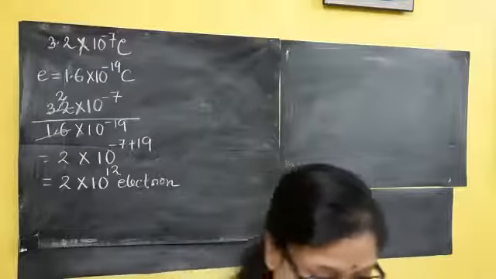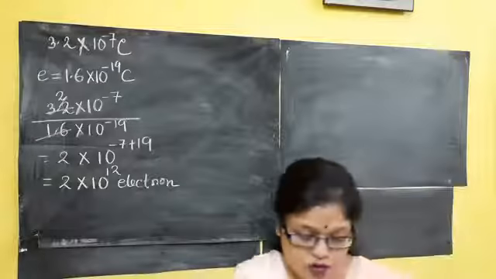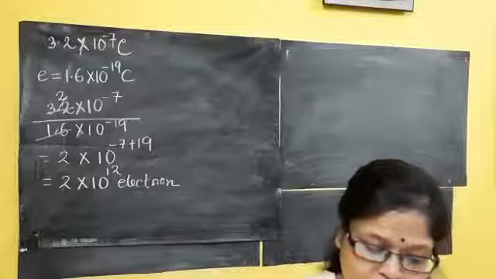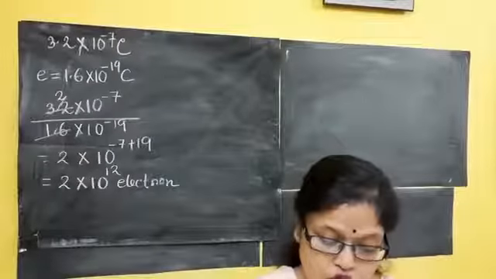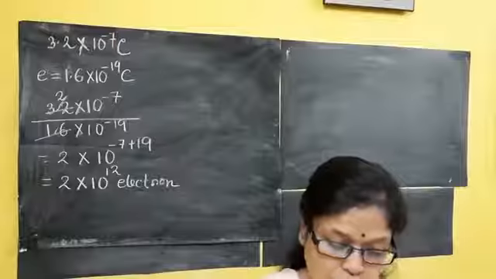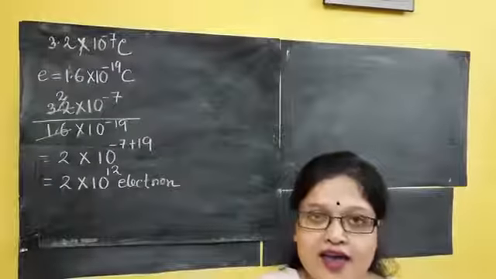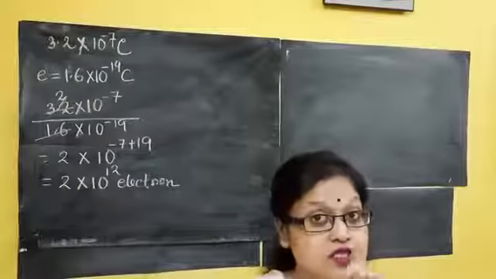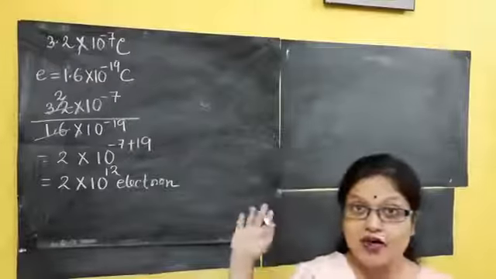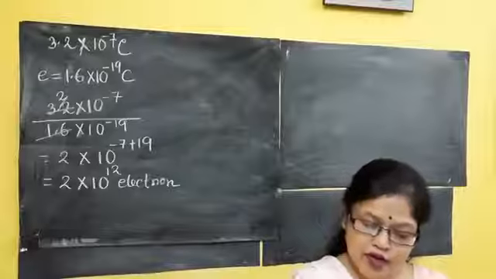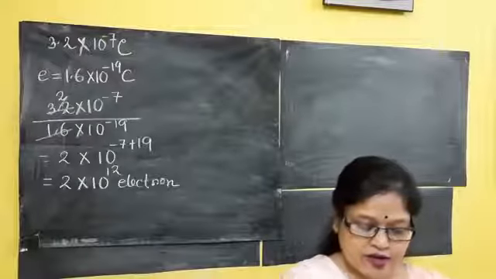Clear? So next one, question number 9: a dipole kept in a uniform electric field. Deduce the expression for torque. Show the vector form of the torque with a diagram. I had already done this in class, the torque acting on a dipole moment, not work done. That expression is already done in class.